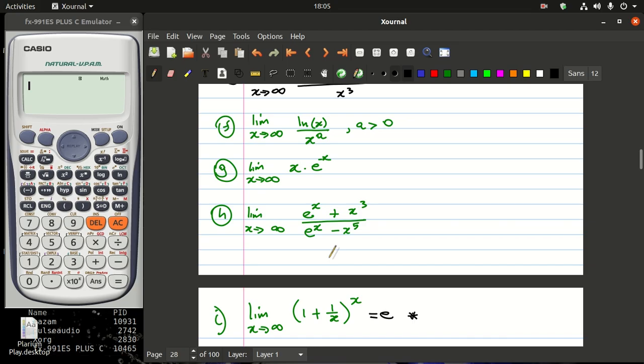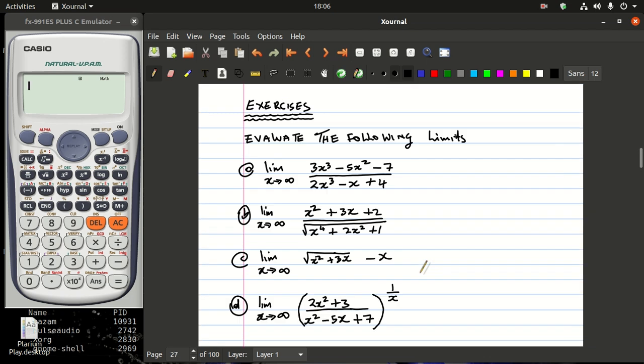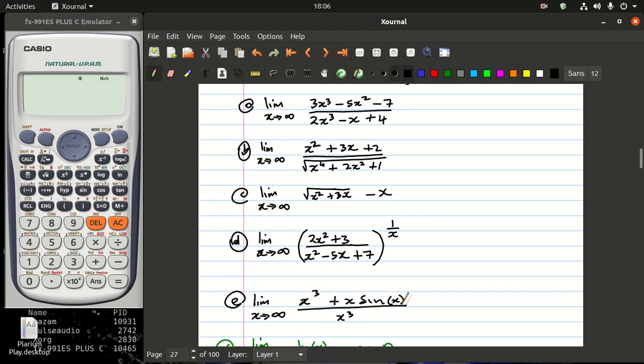But if you really wanted to know the answers and you want to do these questions like you're supposed to, if I give you exercises, I want you to pause the video and then do these exercises and see what you are actually getting, and then you look at the answers. Then if you are not getting the same answers as the ones that we're getting here, you look at